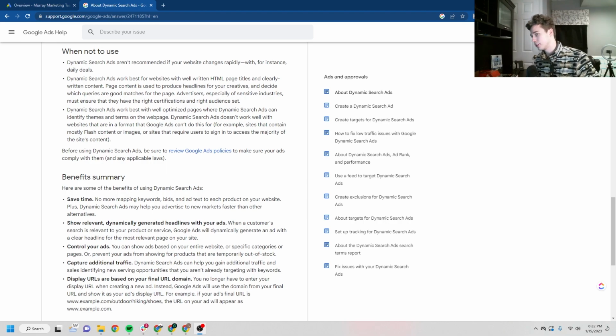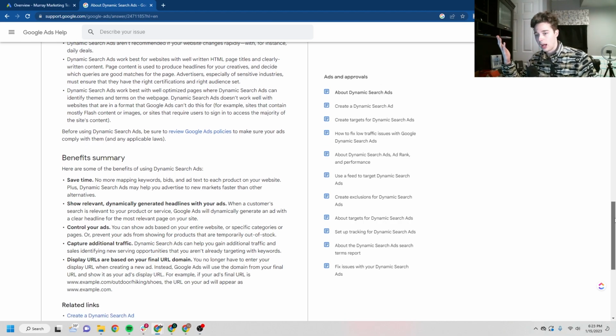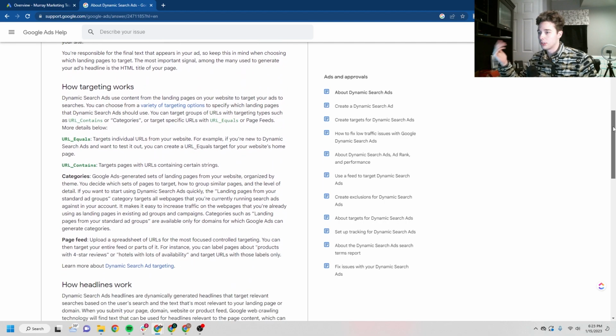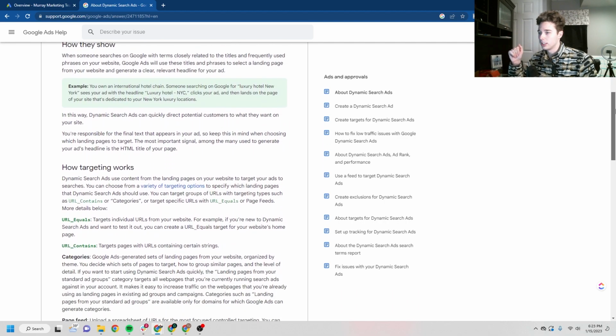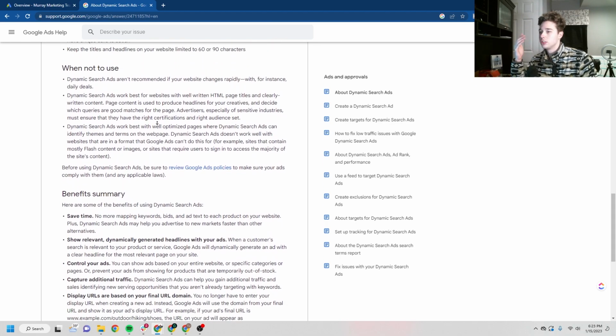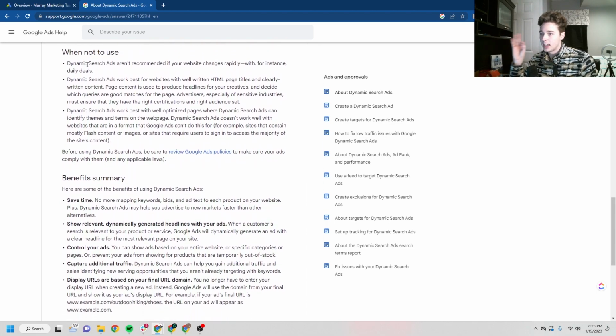What I have pulled up here on the screen right now is when not to use it. I'll add the link to this in the description of this video. You can look at how they show how targeting works, and I'm going to explain all this when we get into the account. But the main thing I wanted to go through here is when not to use it. Dynamic search ads are not recommended if your website changes rapidly. You've got quick deals, you're putting products up, you're not deleting pages, the user experience isn't very good, things like that. They work best for websites with good HTML page titles, like I said, good written